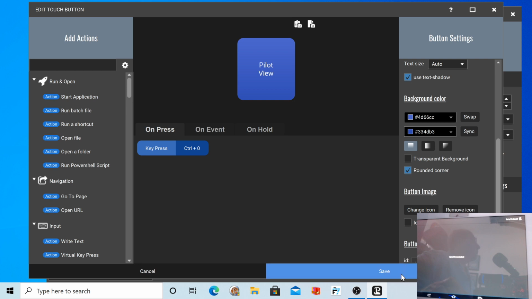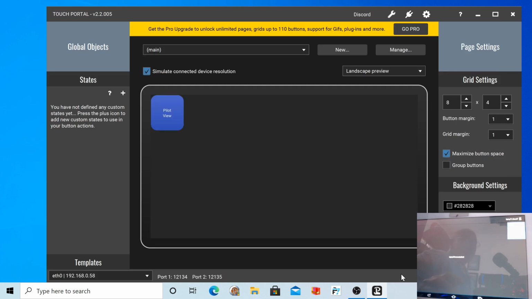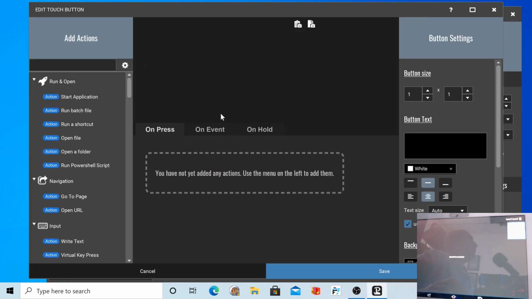And that's our first button done. Pilot view, first button. Now the next one I'm doing is, let's do the left seat. This pilot view is slightly higher than that view. It actually raises the seat a little, so you can see a little bit more. So I'm going to call this